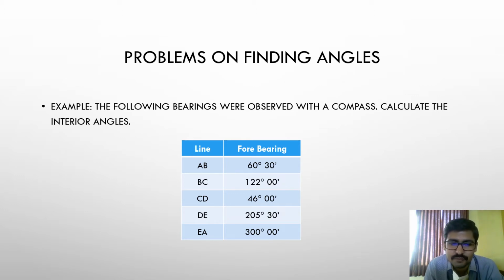So you can have one more column. You find that there are 2 columns here, line and forward bearing. So you add one more column where you write the back bearing of all the lines. So just look at the forward bearing. If it is less than 180, add 180 to that, and if it is more than 180, subtract 180 from that, right? So how to solve this problem? Let us see exactly how this has to be solved.